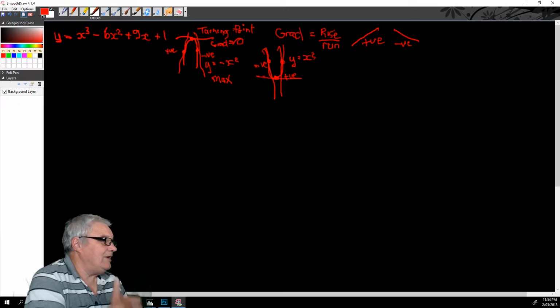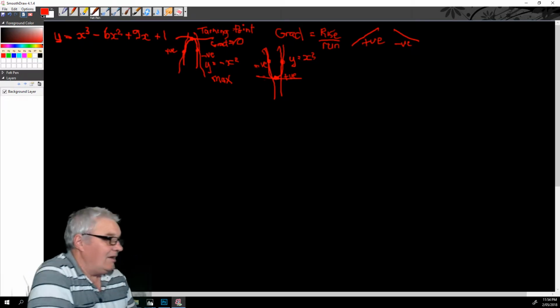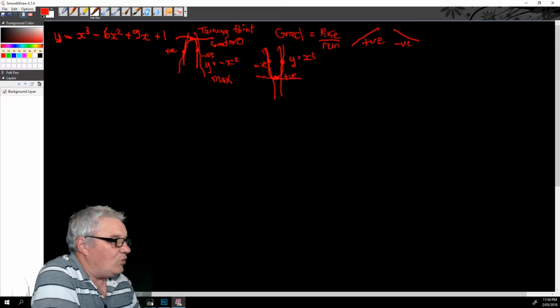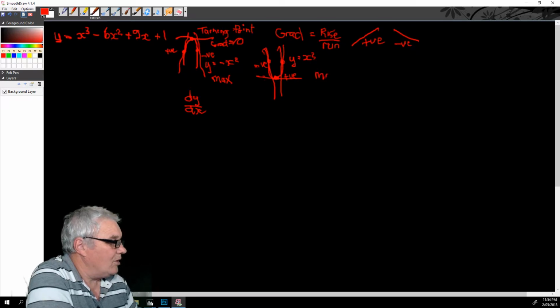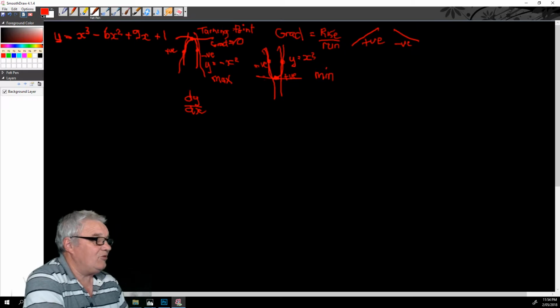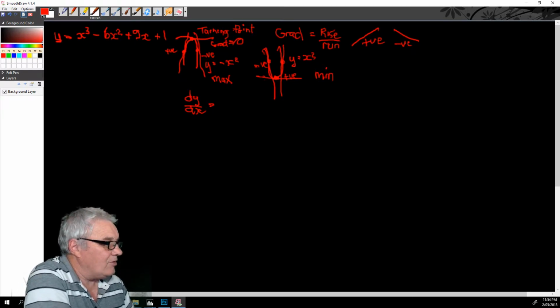Now that's y equals x squared, and this one here would be a minimum, a local minimum, and that one a maximum. Now dy by dx is the gradient function,